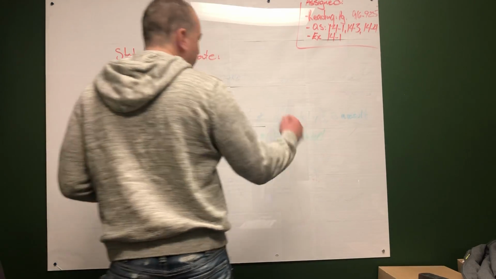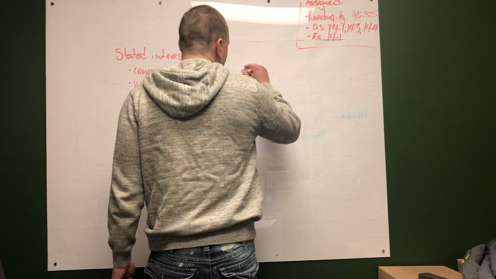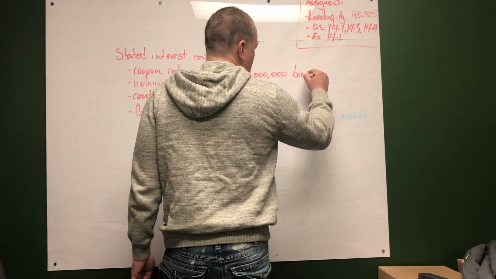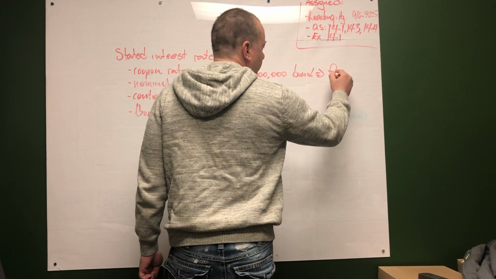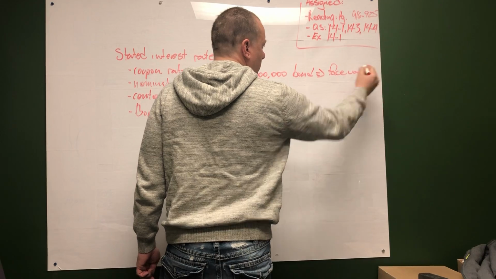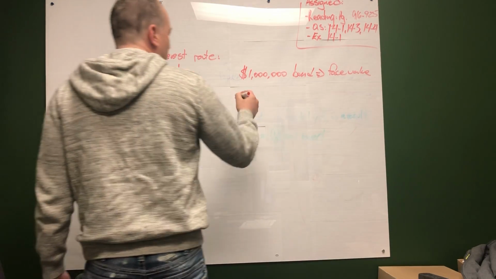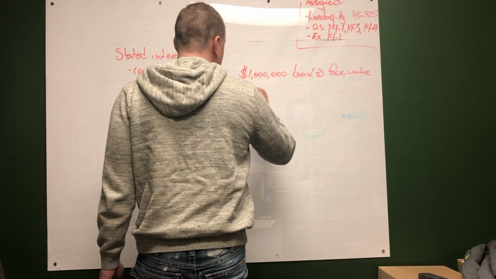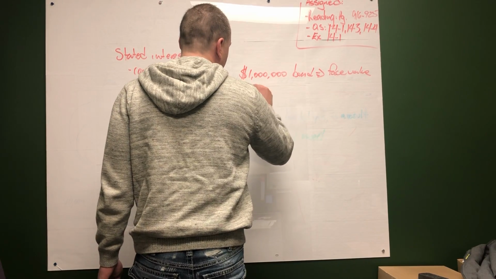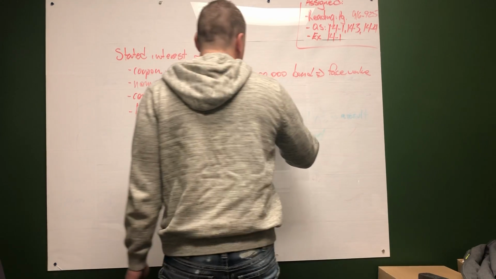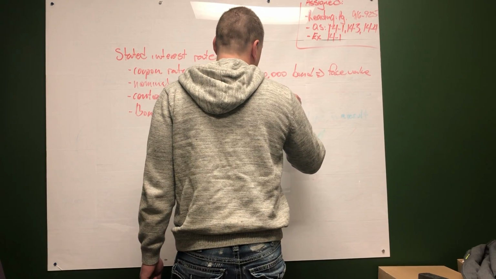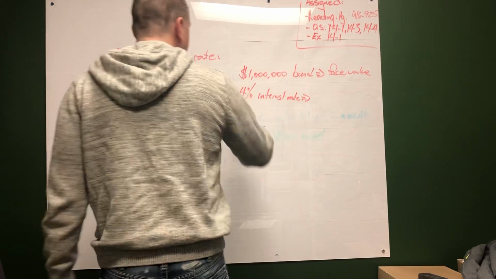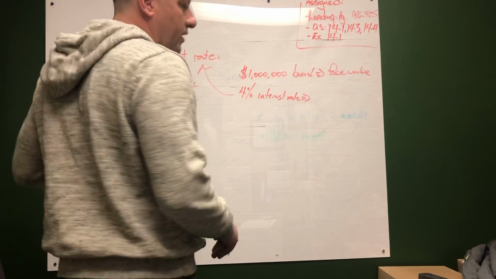Okay. So let's just say we go and sell a bond, again, $1 million bond. That's referred to as the face value. Now, we also might have, well, we're going to have an interest rate, okay? So let's just say we have a 4% interest. Okay, that is the stated interest rate or the bond rate.